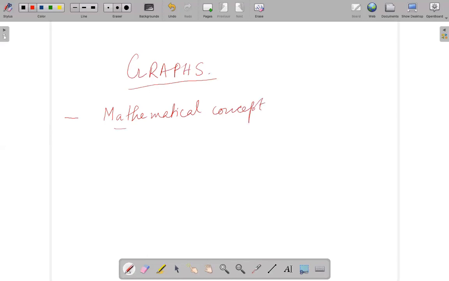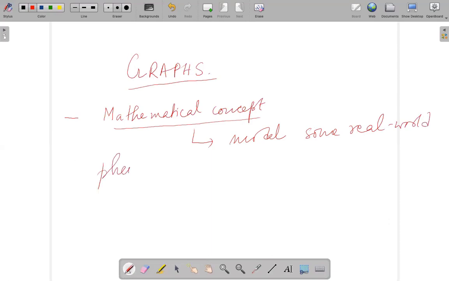And this mathematical concept is typically used to model some real world phenomena,